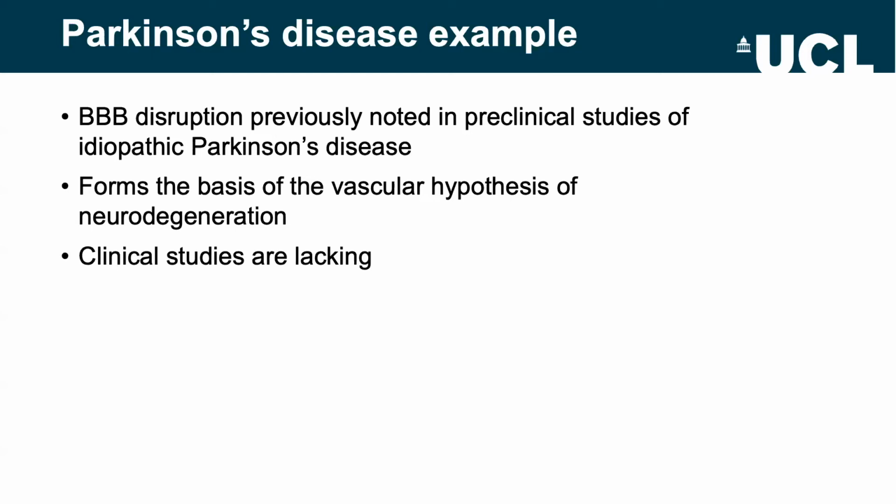So it's previously been noted that blood-brain barrier breakdown does exist in at least preclinical studies of Parkinson's disease. But there's little data on this clinically. So we set out to use DCMRI to see whether we could